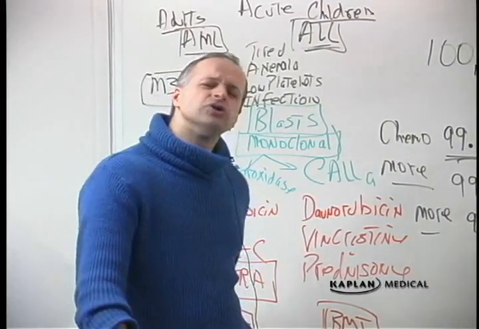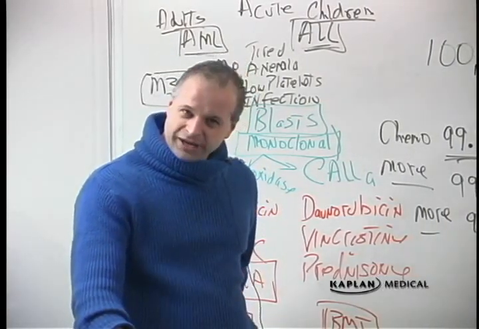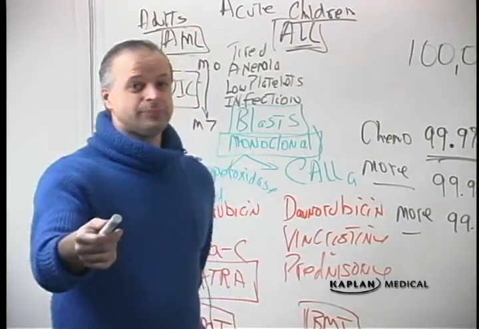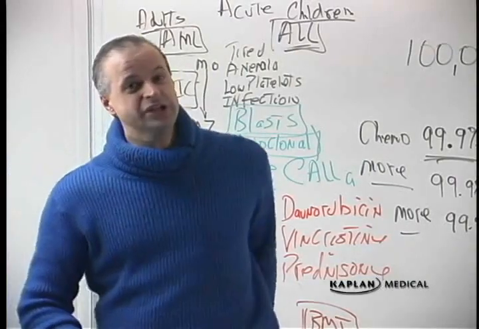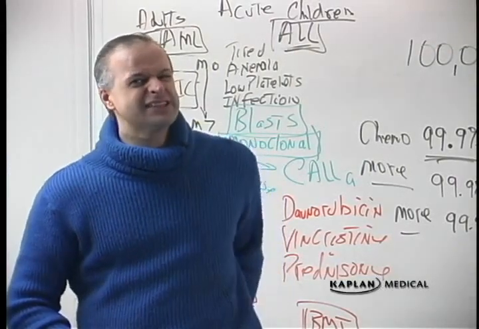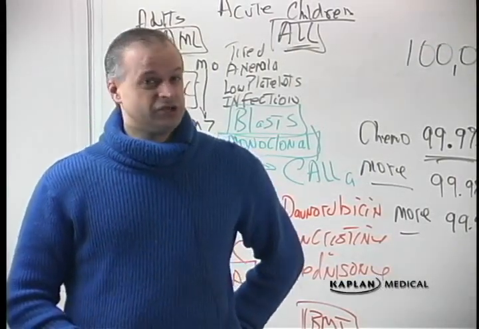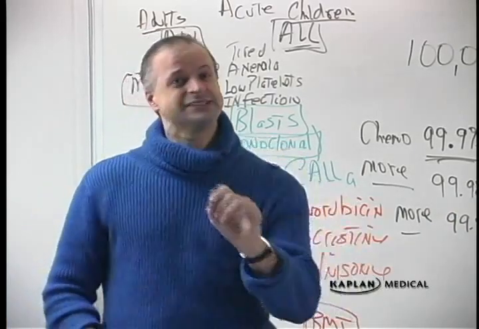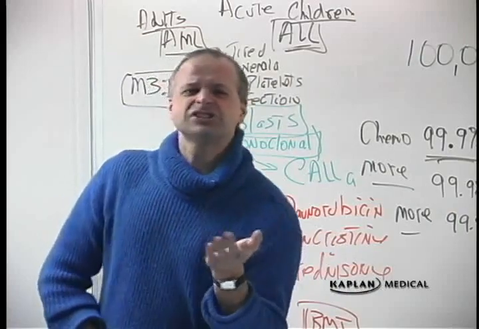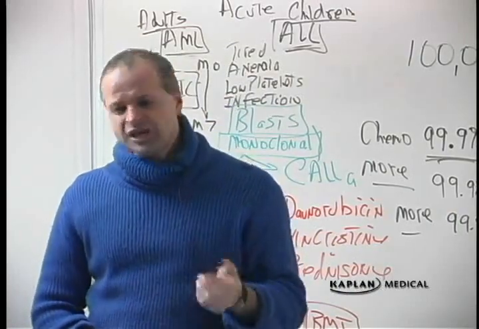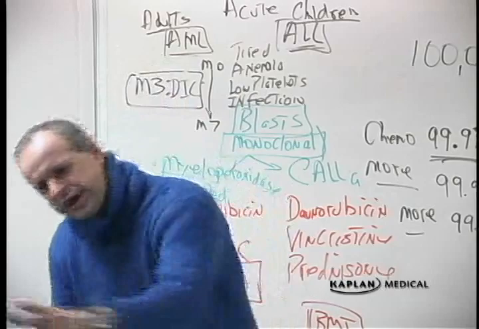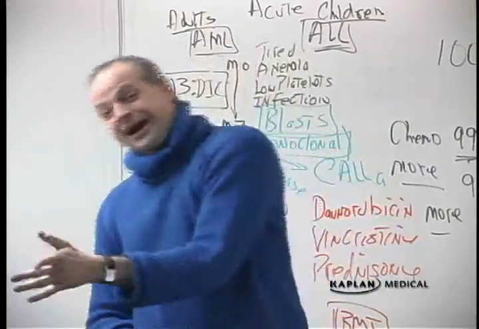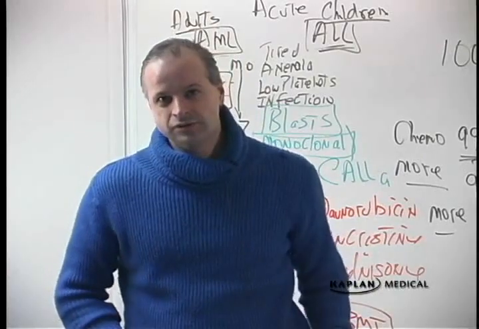How do you know who should be transplanted right away or wait for relapse? Because waiting for relapse, if you try and transplant the relapse person, it's very hard to get them under control. Because if they relapsed, it means their cells are probably resistant to the chemo. It's like infectious disease. It's like microorganisms. I gave them an antibiotic. It grew around my antibiotic. Hey, it's resistant to the antibiotic. I gave them chemo. The cells grew around the chemo. Hey, it's resistant to chemo.